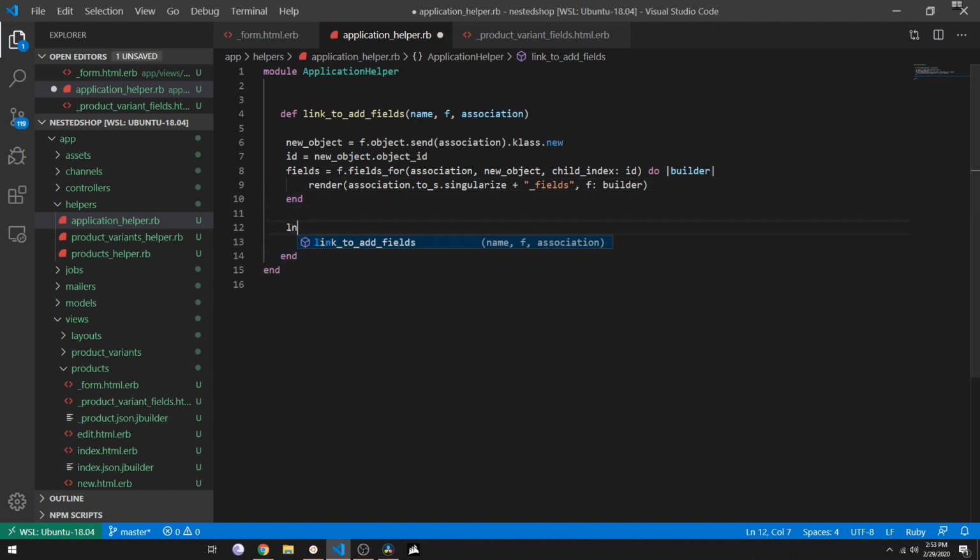Now once we have done this, we always want to create a new link, and the link should go nowhere, so we should just add the route here, and then we add the class add fields, and you will see later on why we do that. And then the last thing is to pass down the data. Here we pass down the ID, and for the fields we just pass down the fields, each sub, and then